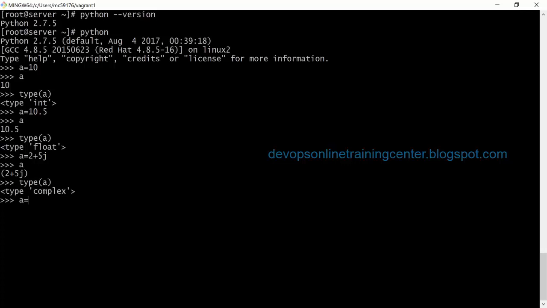Or let us say I just say a is equal to, in between commas, hello world. What is the type of a? It's a string. Right? So these are the numbers. This is a string. String is a collection of characters, and these variables are used to store different kinds of integers. It can be a float or it can be a complex number. You just give the value in the interpreter, it will show the value. Right? Is this clear?